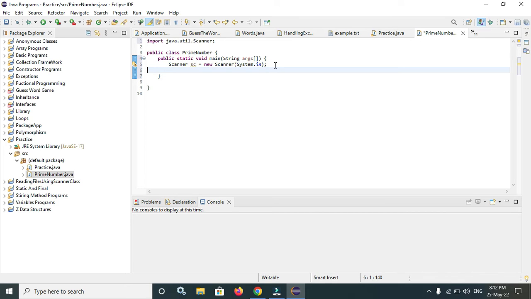Now I have to get one number from the user. I am asking the user with sysout; if we type sysout and press Ctrl plus Space, we get System.out.println. I am asking the user to enter a number. The number will be stored in the variable n: int n = sc.nextInt();